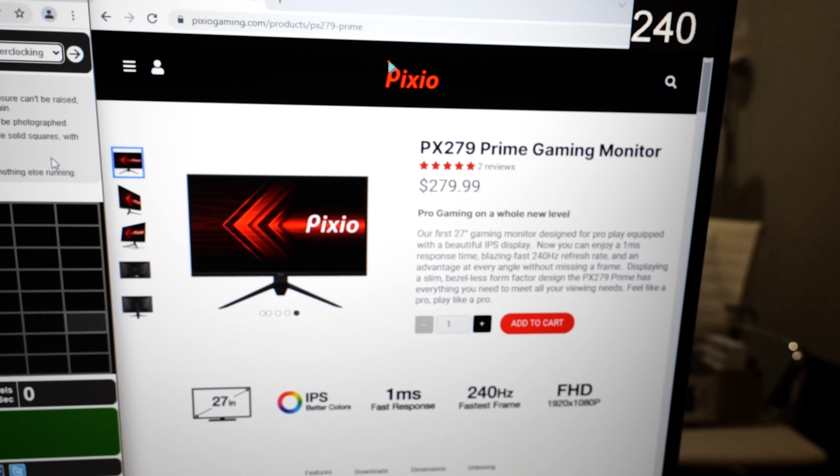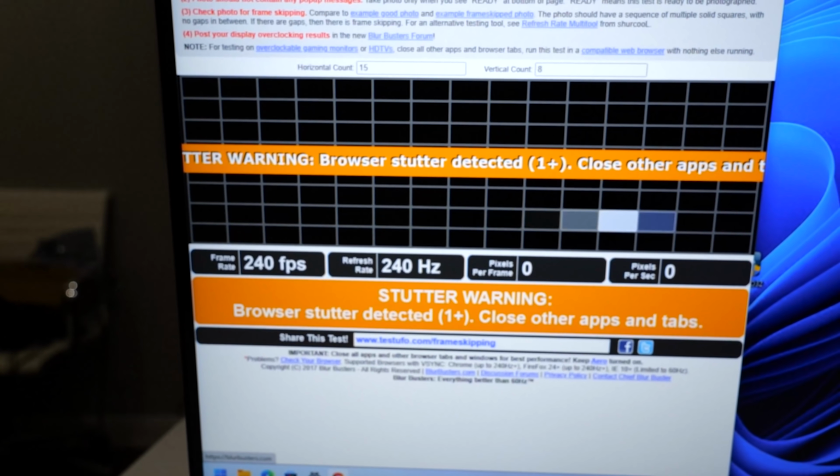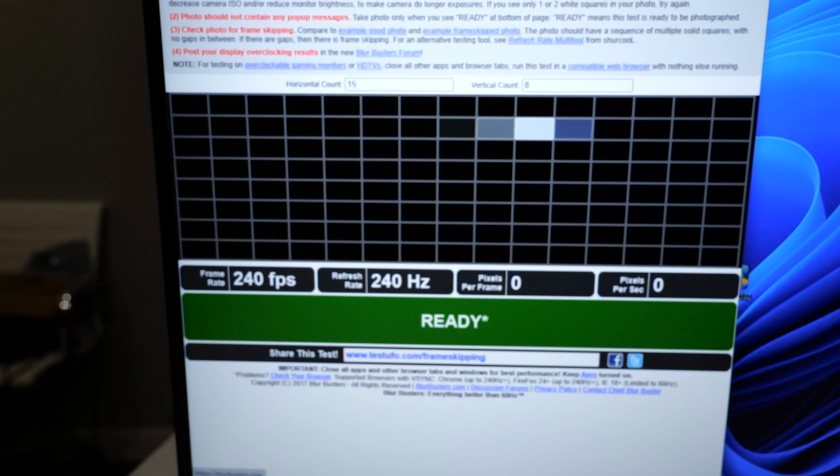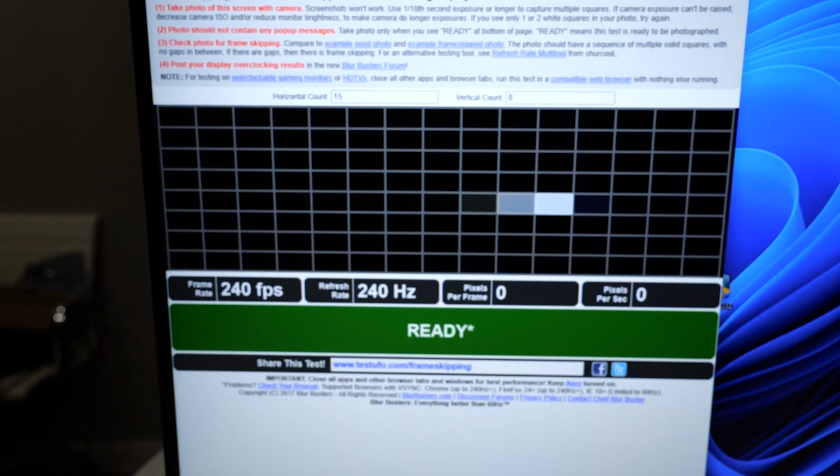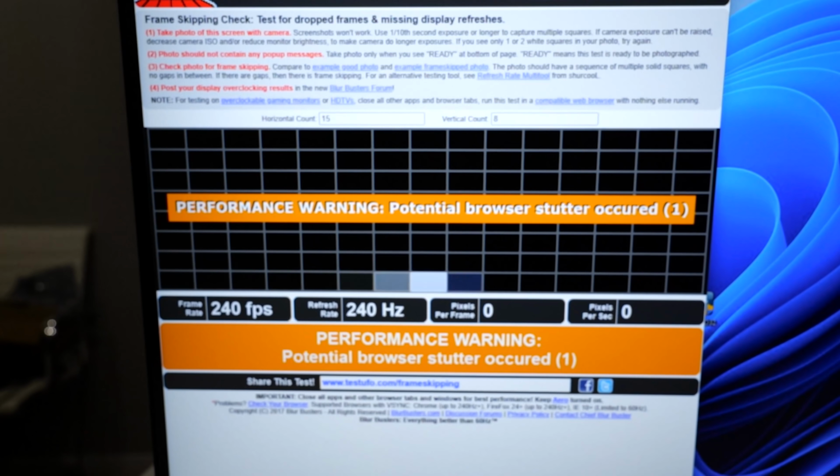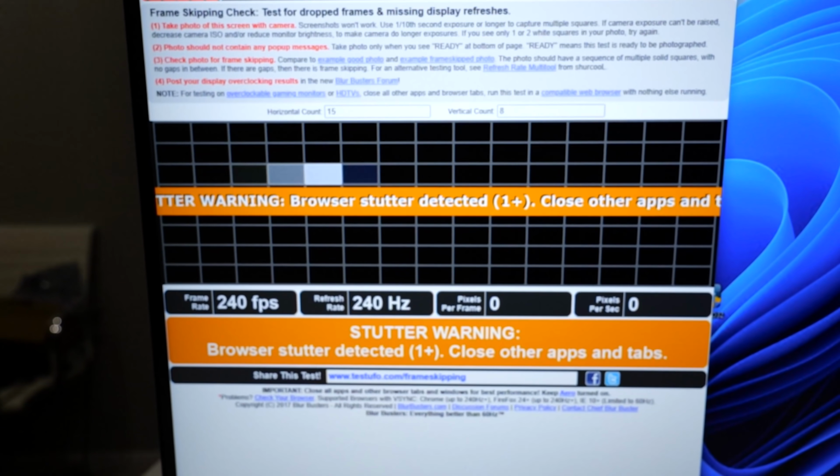Would you rather have a 300 Hz IPS gaming display or this? Hint, this is faster. I've also got the Pixio PX279P Prime, another great monitor. I mean, Pixio really does make some good stuff. It's good value stuff. Performs well. It's not overpriced. I like Pixio. I really do. I like them a lot. This is an IPS 1080p 240 Hz display, but you can see that on the 240 Hz panel on the Pixio, at times in our high-speed footage, there are 3 squares lit.